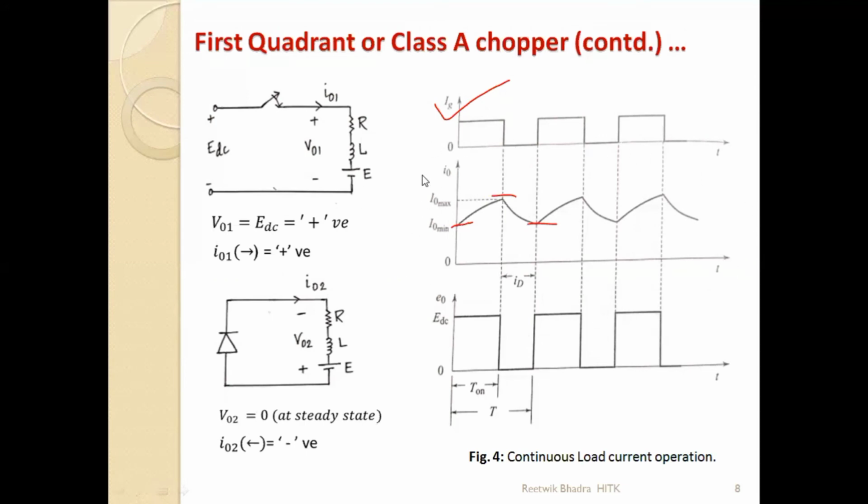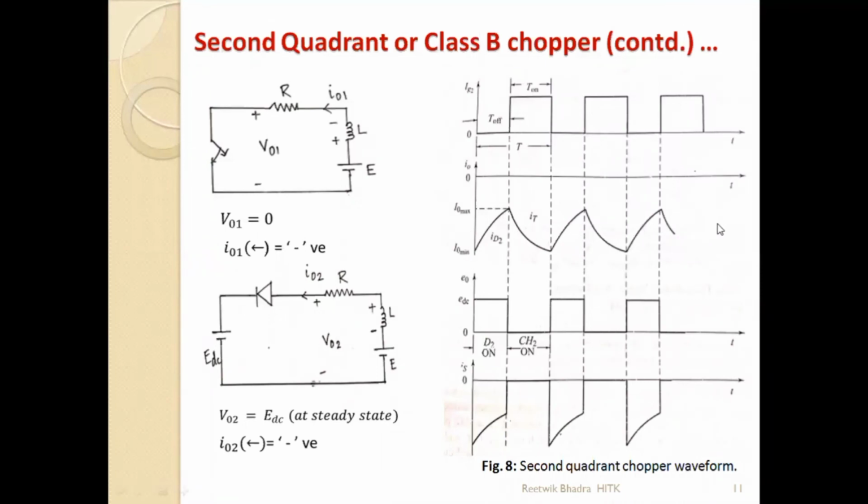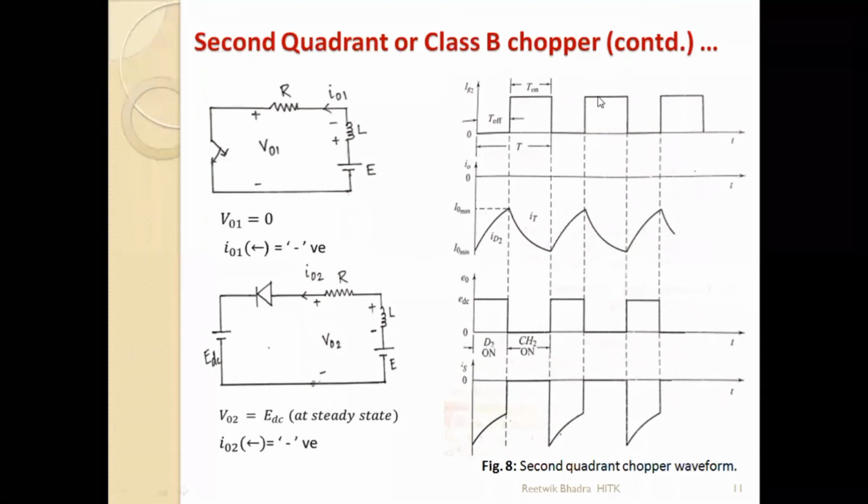See over here, if I directly see it, I0 you are drawing above 0 only, so positive current. In the last figure, see I0 is drawn below 0. I can find out the average value, it will be in between this, so obviously it will be a negative current, and the average value of the voltage will be in between this, above 0, so positive voltage, negative current means second quadrant, class B operation. Okay? So up to this is today's lecture.